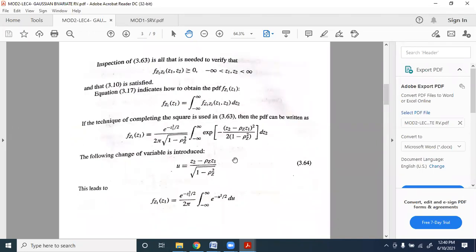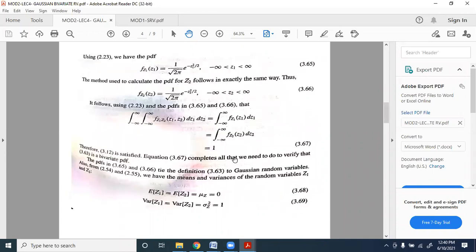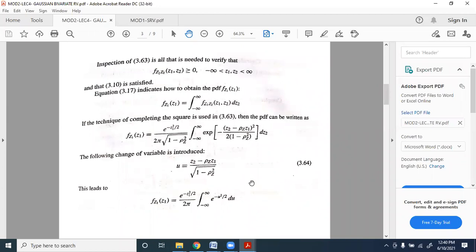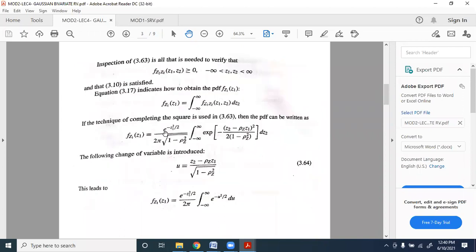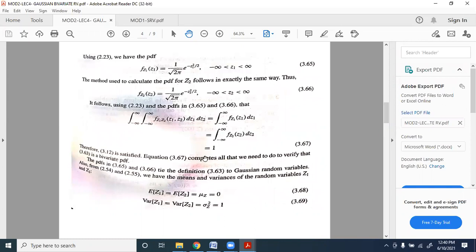So thus we are getting all the proofs. The range of values of the PDF is greater than 0, and if you integrate it once, the quantity given here will give the PDF for the other variable. Also, if you double integrate this, the area under the curve should be equal to 1. If you have two variables, then you need to do double integration over the whole range, and then we will get the value equal to 1 again. Thus we can say that the PDF equation we have got has all the properties of a PDF.